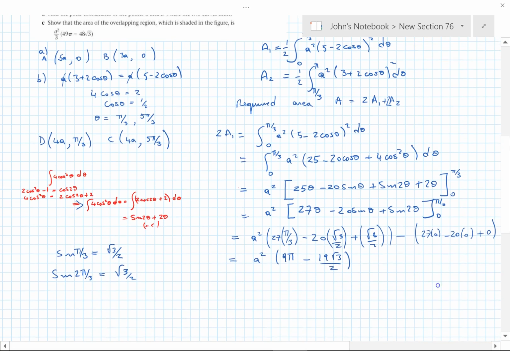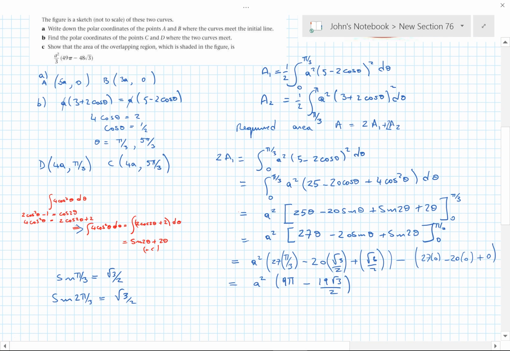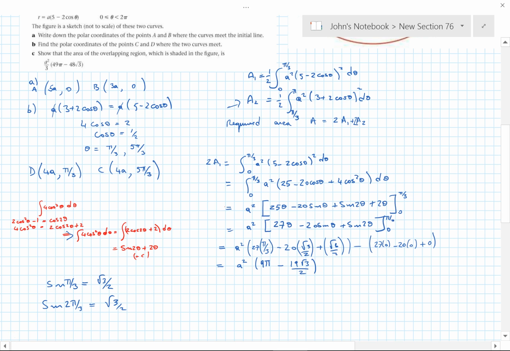Now I shan't bother to do any simplification at this stage, because I'm going to actually work out double this area as well, and add them together, and maybe it'll all simplify itself a little bit. So it's going to be a similar exercise, finding double A2. So that equals